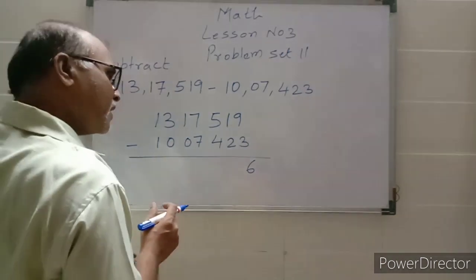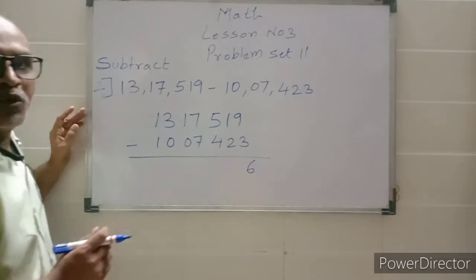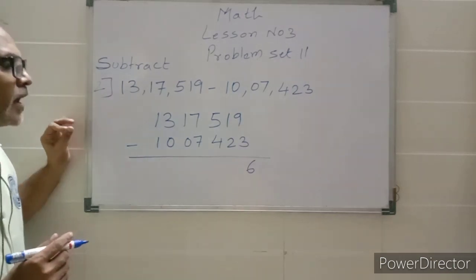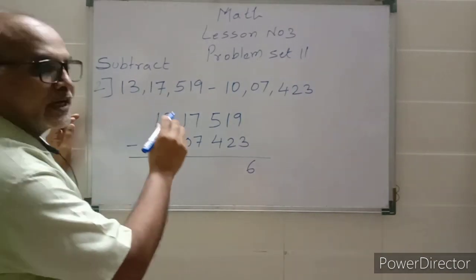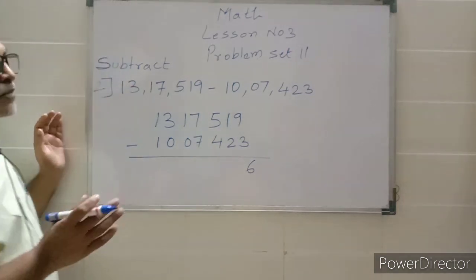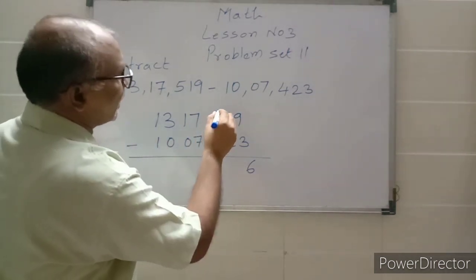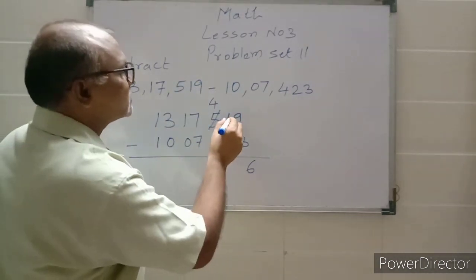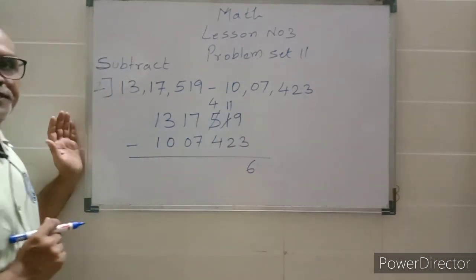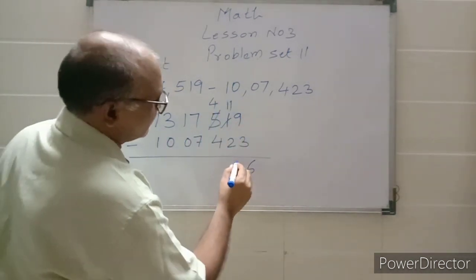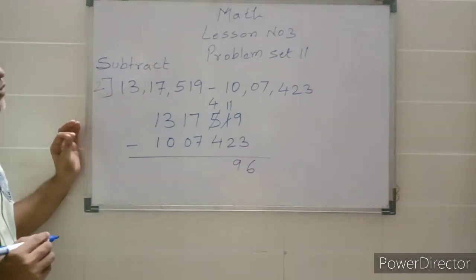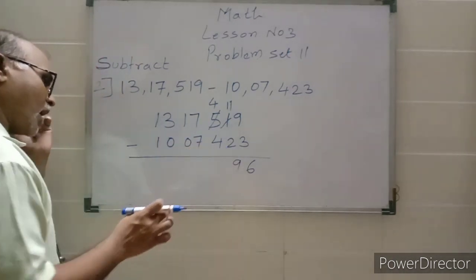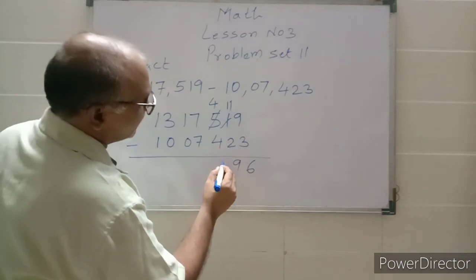Now in the tens place you see the upper number has 1 and the number which is below has 2. 2 is greater than 1. We can't subtract. So what will we do? We will borrow 1 from the hundreds place. When we are borrowing 1, how much are we borrowing? We are borrowing 10. So we will cut this number 5 and write here 4. And when we borrow 10, it becomes 11. So 11 minus 2 is what? 9. 11 minus 2 is 9. Now here you see in the upper number we have 4 and the number below that also has the digit 4. 4 minus 4 is what? 0.